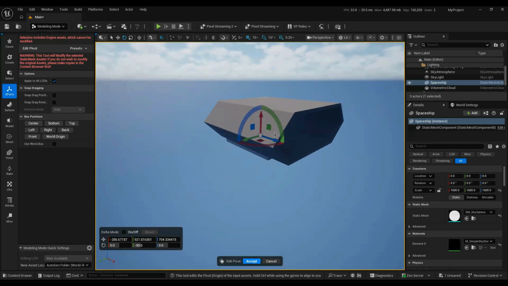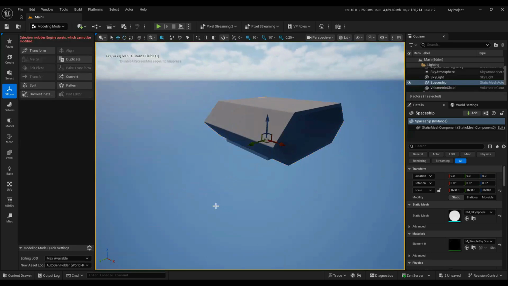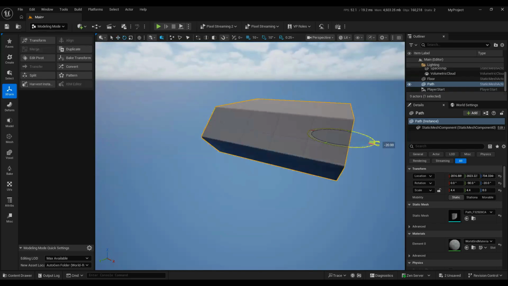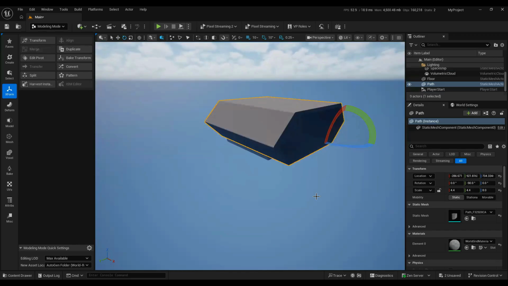So you can see now the pivot point, so it's unselected and the pivot point has gone there. But if you hold the middle mouse button and move it across here, it will be there. You can rotate things along certain axes. But the moment you unselect this